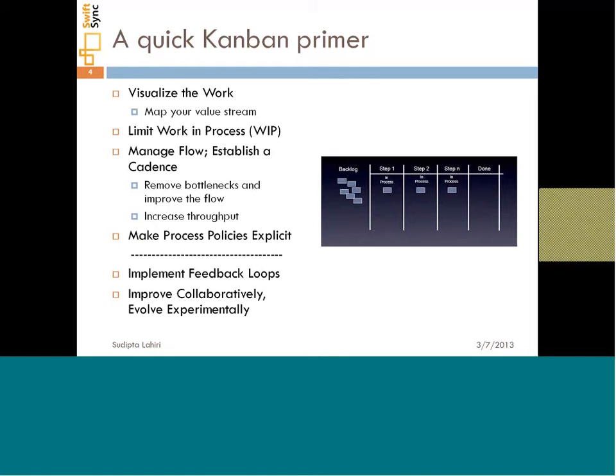So what is the criteria that you want to define for that card to move from one stage to the next? You define policies like that, make them very explicit so that there's no ambiguity and subjectivity left in terms of when a card can move from one stage to another. It talks about feedback from the customer. Obviously, as you are completing your work on a continuous basis, take feedback from your end user and incorporate it back.